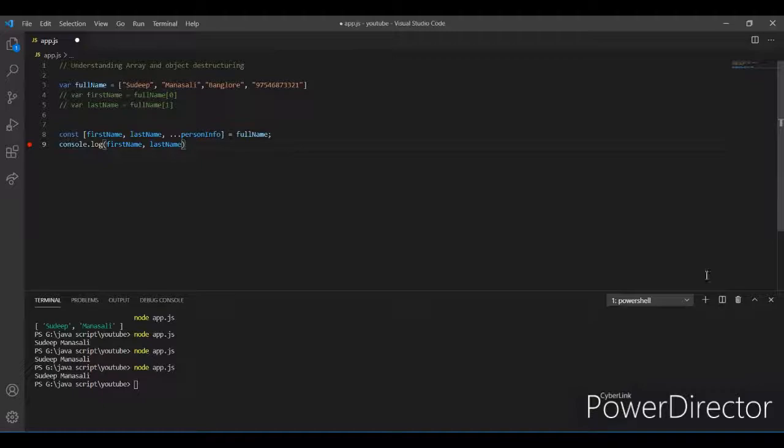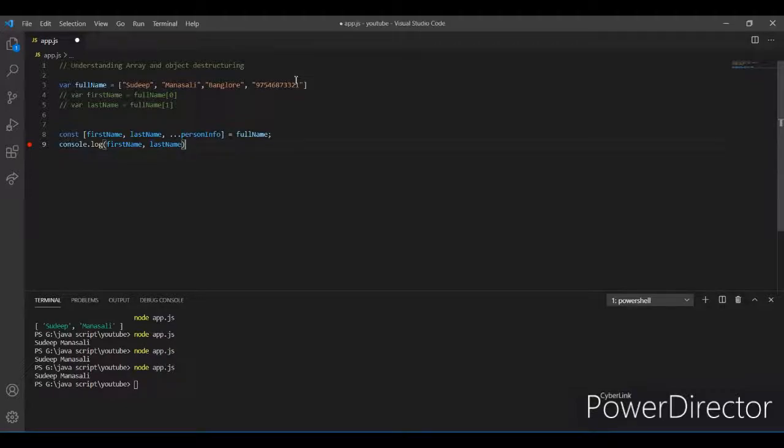Do watch it. Here I am calling it a spread operator because what it will do is collect all the remaining elements of that array, that is Bangalore and his phone number, which are not assigned to any variables, first name and last name, and store them in a brand new variable, which will be the new array. This is indeed an array with the two pieces of information, place and phone number.